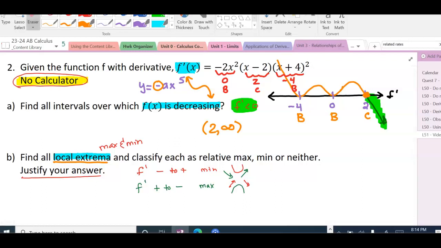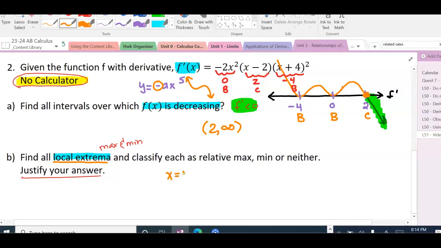So we would say at x equals 2, we have a derivative going from positive to negative, that's a max. I can't just draw this picture and let that be my justification, but that's helpful for me. Max because f prime changes from